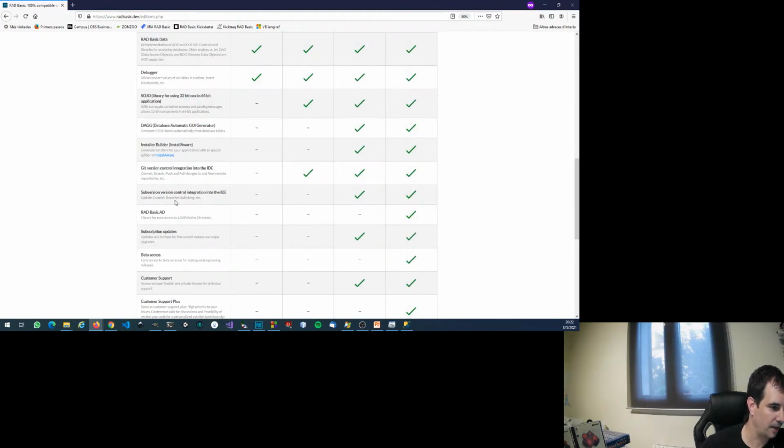But in the future, yes, it will have new controls for sure. I want to use new controls introduced in newer versions of Windows, in Windows 7, 8, and Windows 10.